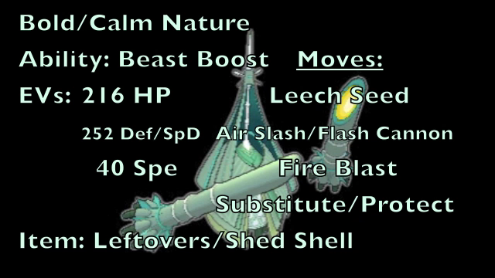But for the item on the set, since it's a little bit more defensive, we're either going to go with Leftovers to allow it to recover HP at the end of every turn, or make use of the Shed Shell item to allow this Pokemon to not be trapped being a Steel type by anything that has access to the Magnet Pull ability. But for the moves on this set, the first one that we're going to go with is going to be Leech Seed,